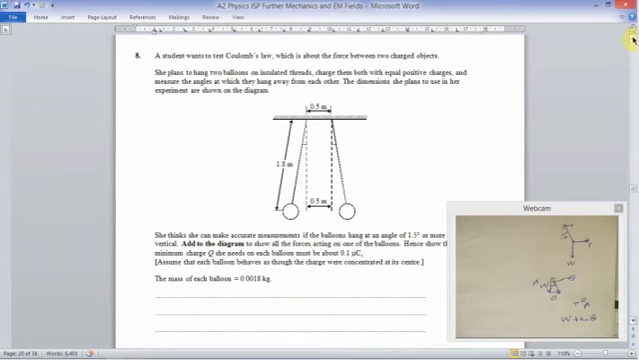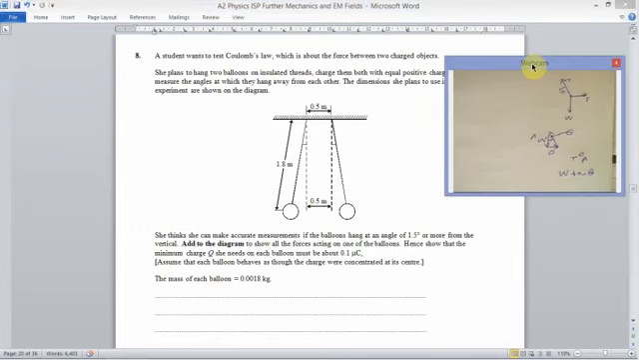So we've got, again, a similar sort of experiment. We've got 2 charged balls and they're moving away from each other due to electric repulsion. She put the dimensions on there in terms of distance and in terms of length. She thinks that she can make accurate measurements if the balloons are at an angle of 1.5 degrees or more